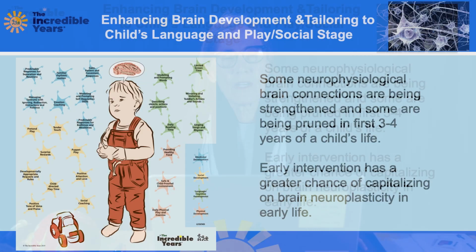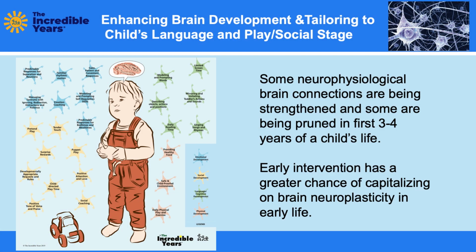So as I said earlier about brain development, we know that during this time, some of the neurophysiological brain connections are being strengthened. They're strengthened by repetition, by really repeating things more often, and that can help them. And some of the connections are pruned away if they aren't used. So we want to make sure that the right things are pruned away and the right connections are really strengthened